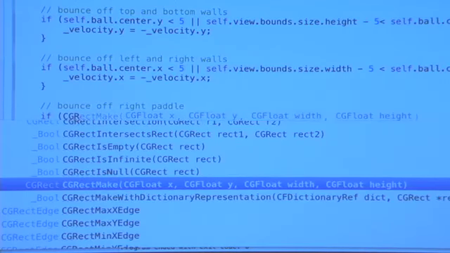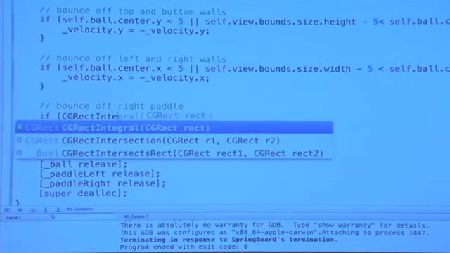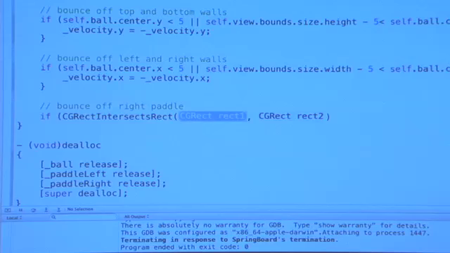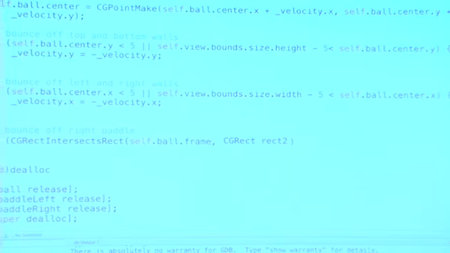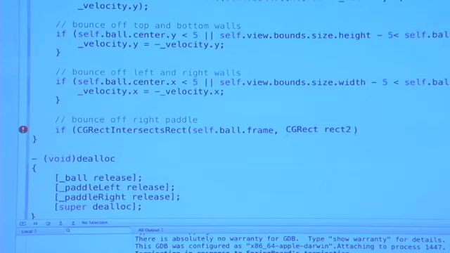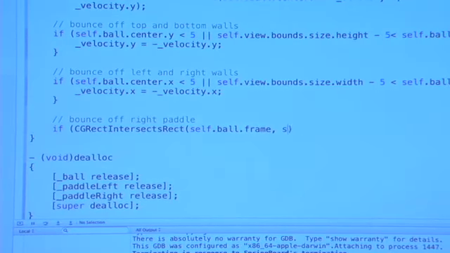If CGRectIntersectsRect. And now we need to specify 2 rectangles. So I have my own self's ball pointer and its frame. And recall that the frame represents the rectangle of it. And it just so happens to be, there's no offset there. So it's actually pretty equivalent to the bounds. Now I'm going to go ahead and say, is the frame touching